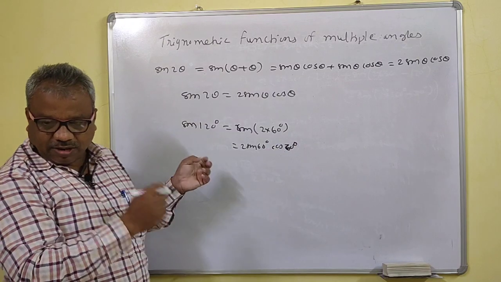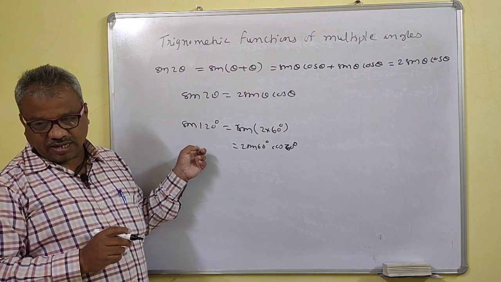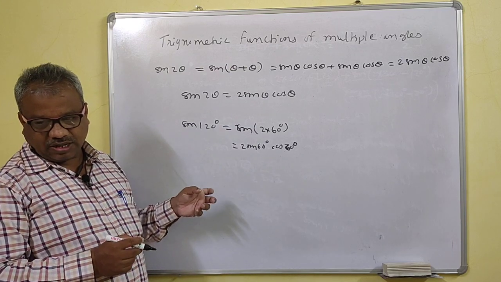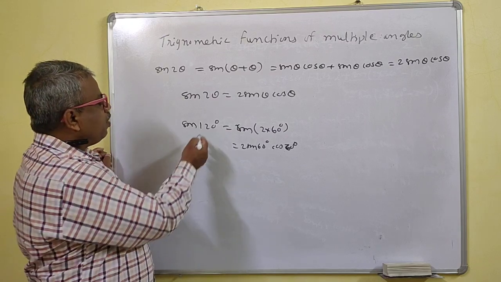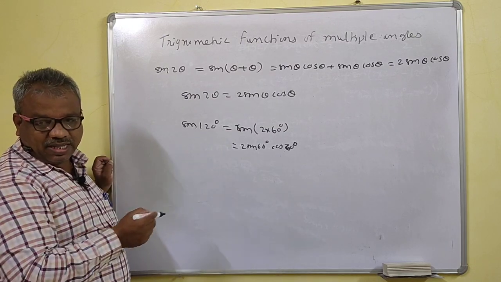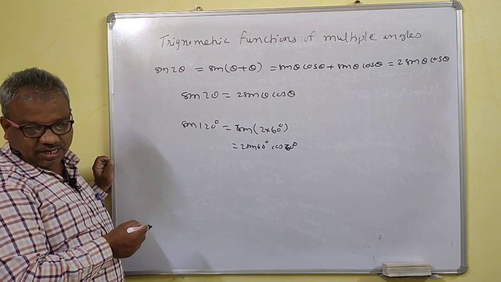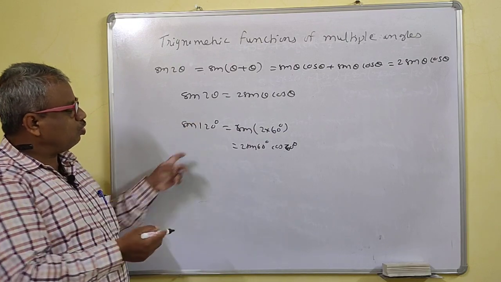Now there is no need to write in terms of allied angles. Again, trigonometry becomes easy now, instead of applying the allied angles. How did we get this 120 degrees in the previous section? As 180 minus 60 degrees, or 90 plus 30 degrees. We did this in the previous problem, but now we don't need this.